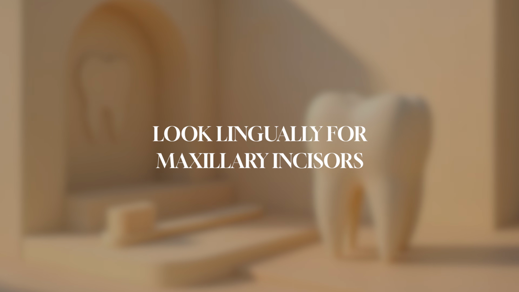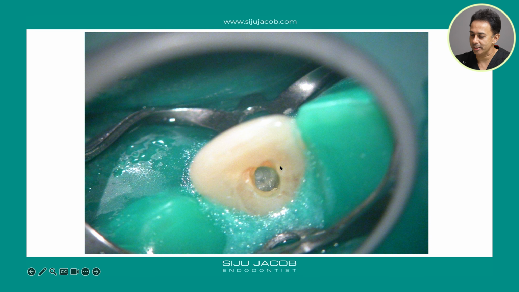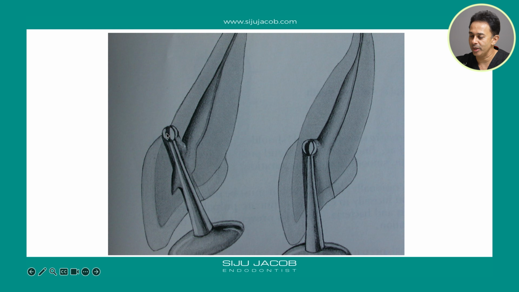The next technique that can help us locate calcified canals is specific to maxillary anterior teeth. When we are looking for canals in maxillary anterior teeth, what we need to understand is 9 times out of 10, when a clinician makes an access cavity, they tend to go more labially rather than lingually. If you look at this tooth here, a typical scenario, the clinician seems to have made an access in the center of the tooth, but because of the direction in which they access the tooth with the burr, they tend to go labially, because most clinicians make an access from the palatal side, and the orientation tends to take them labially rather than lingually or palatally, which is where the